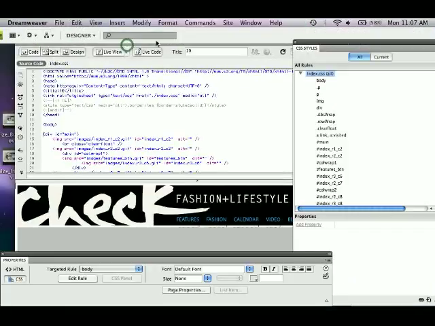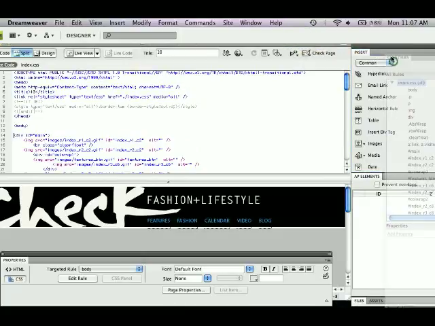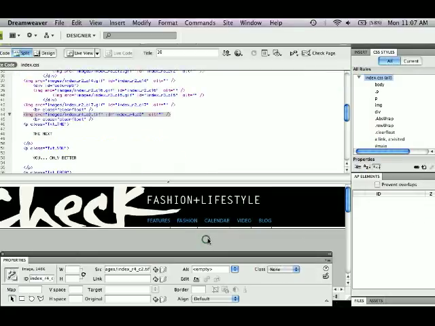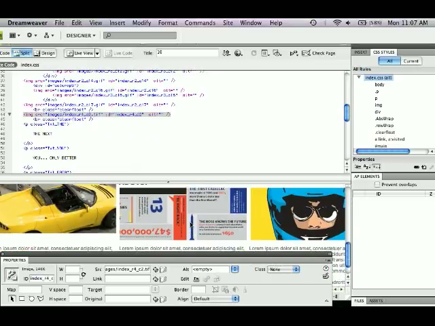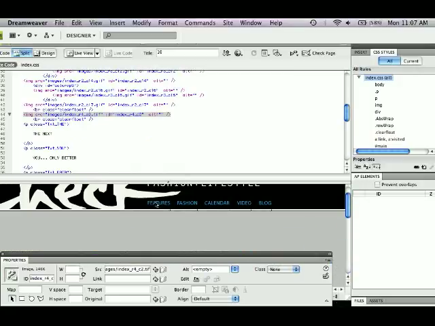So here's my website right here. Let me move this over here. Again, you'll notice that Dreamweaver has a similar layout as Fireworks. We've got our panels over here, we have our properties panel, and we have our menus. And right here I have my design. Oh, there's a broken image. I'll have to fix that later. But here are my images here. Everything's set up. I've got my buttons here,